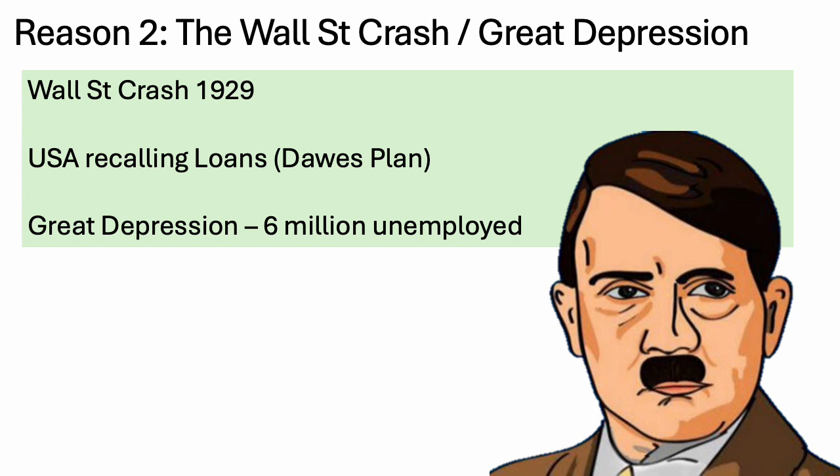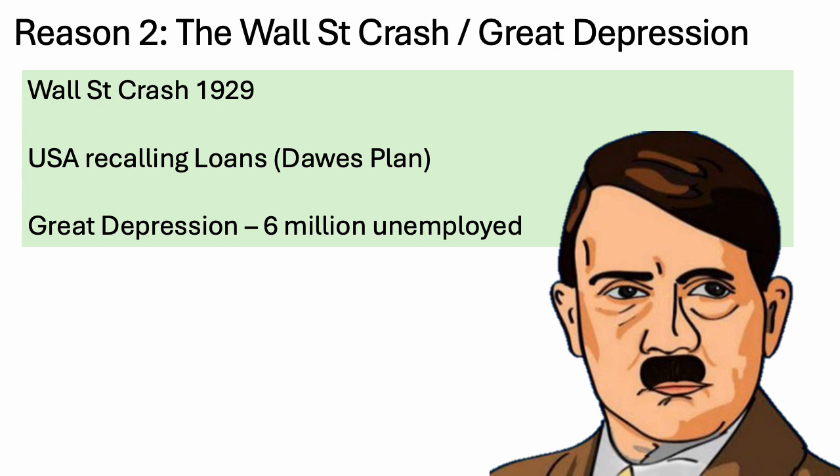So your notes should be a new page, or however you're doing it, a separate thing from the rebranding. The main bits we'll look at in this, the main facts, if you like, that should be in this paragraph are the crash in 29 and how that led to the USA recalling their loans, the Dawes Plan especially. Bear in mind, Germany is entirely dependent on the American loans. And of course, the Great Depression, which ultimately, your go-to fact that you should know off by heart by now,